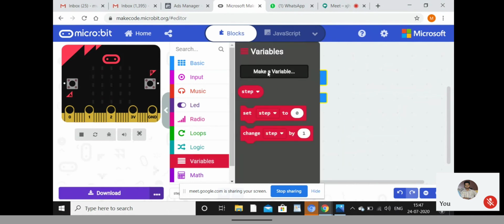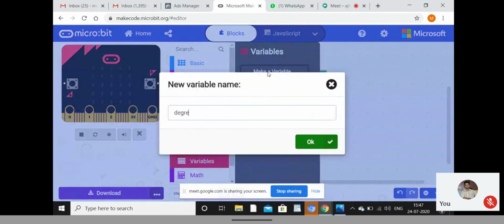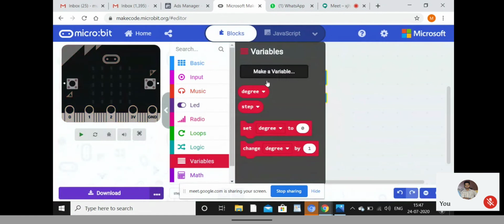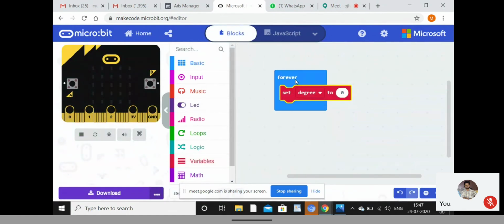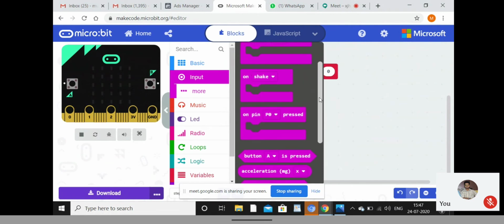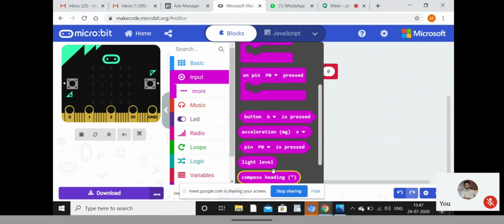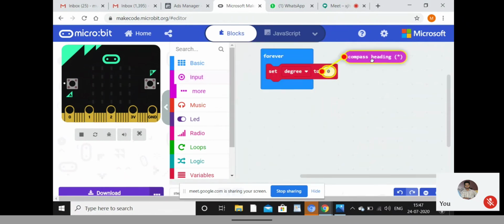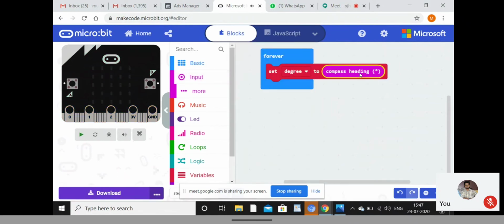You need to make a variable called degree. Now take this block, set degree. First we need to set degree, right? And in this one we already have the compass block. See this compass heading degree. You need to take this and keep it here.